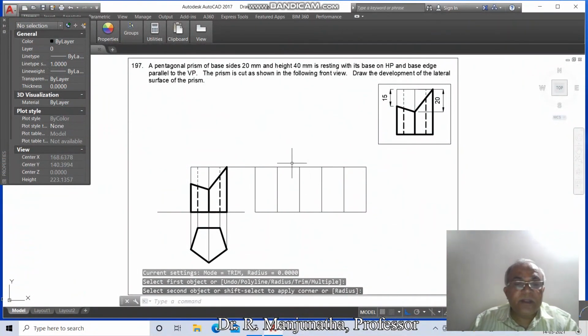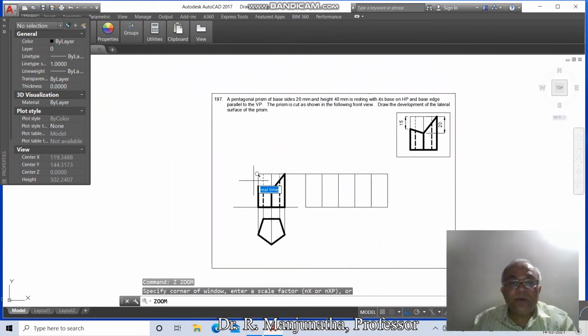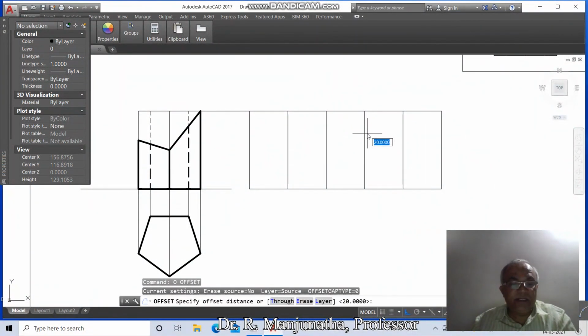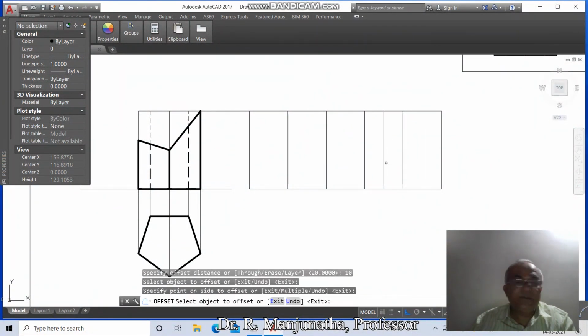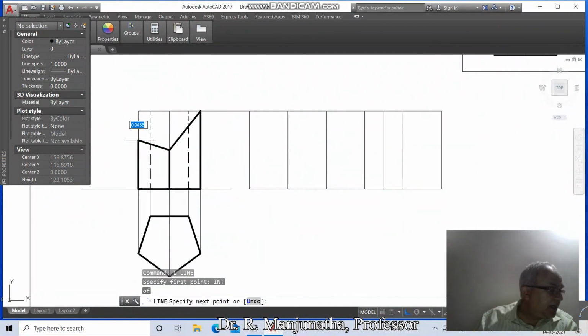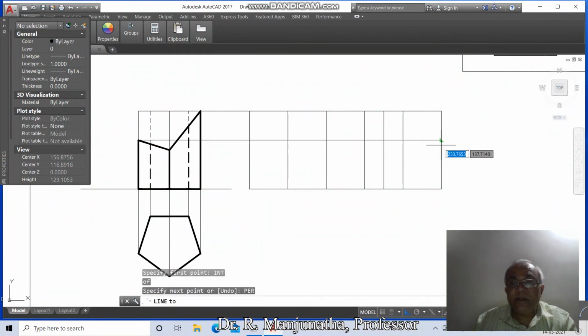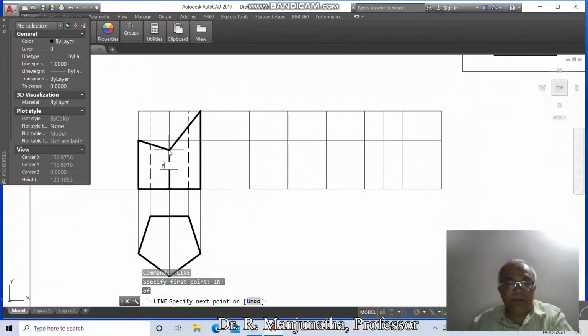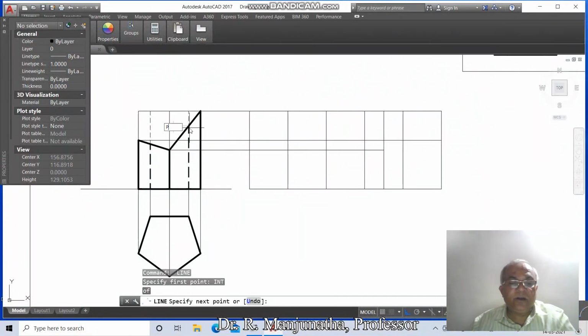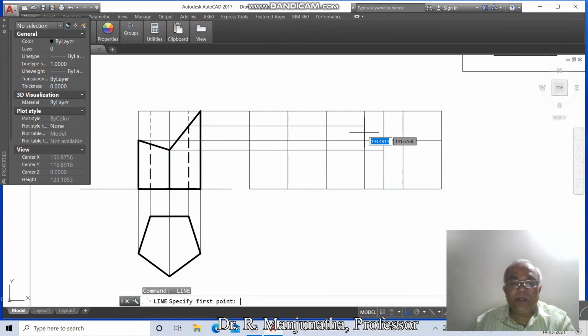Once you get this, then go to zoom previous, then go to zoom window, then here in this you take the offset distance as 10, select this and offset here, then go to line, take intersection of this and take perpendicular to this, then go to line, take intersection of this and take perpendicular to this here, then go to line, take intersection of this and draw perpendicular to this,